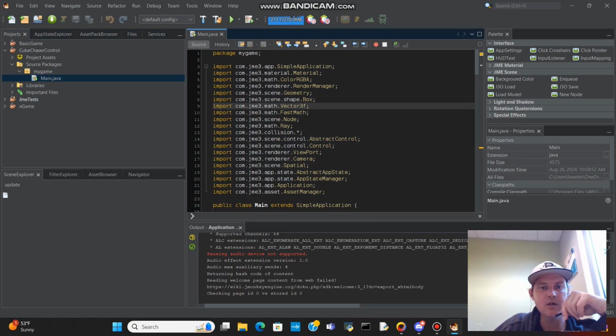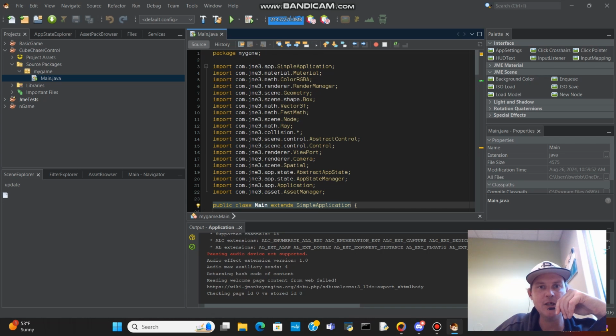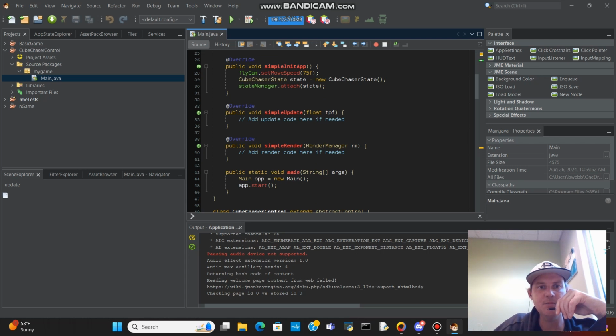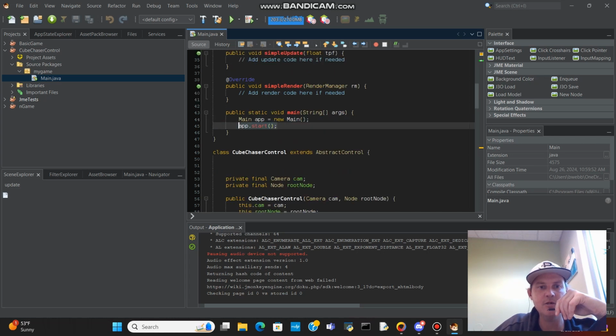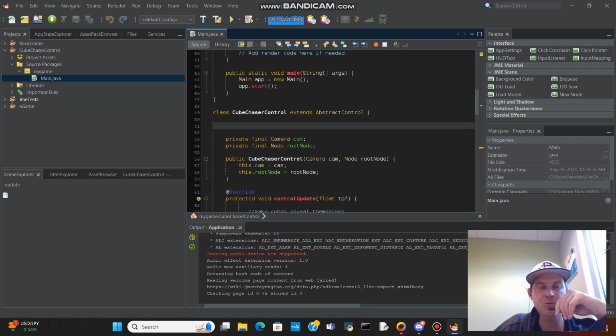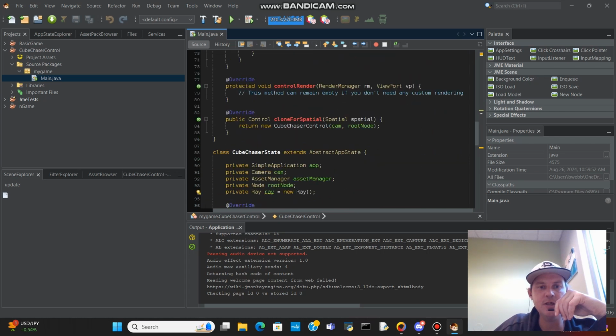Okay, so we have a class here which is a polymorphism. This is the main class, and it extends the simple application app from the package right here, simple application. It contains a simple update, simple render, and then we got a main which starts the app right here. And then we have another class called the Cube Chaser Control class, which is also a polymorphism, but this one extends the abstract control class. And this one has a lot of our features and controls,